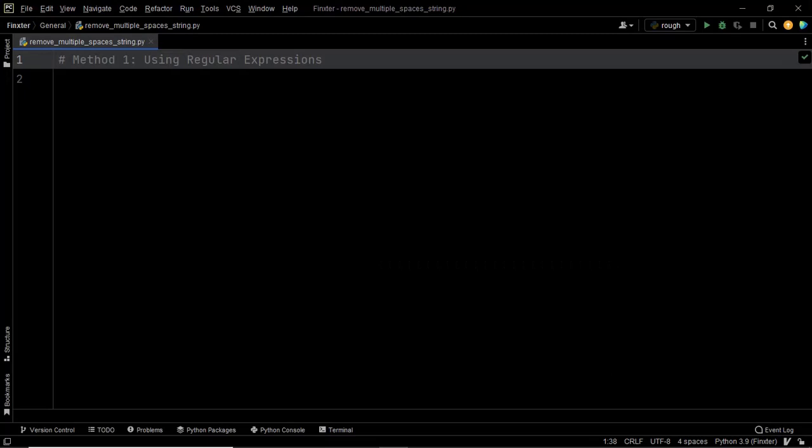Now the best way to remove multiple spaces in a given string in Python is to use regular expressions. I know many of you might not be very comfortable with using regular expressions, so do not worry, for you I have a different solution. But if you know even the basics of regular expressions, then you can solve problems like this with ease. So let's go ahead and find out how we can use regular expressions to remove multiple spaces